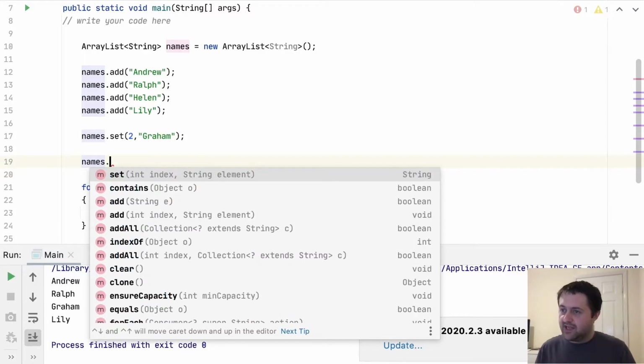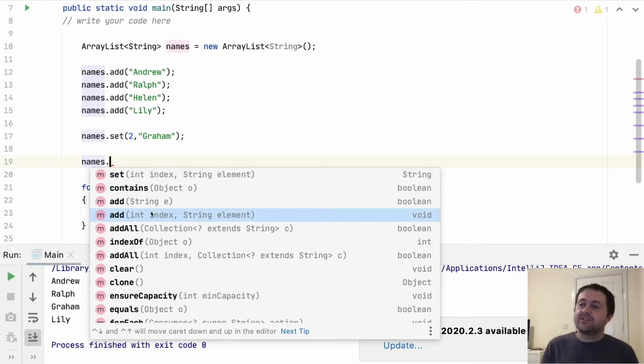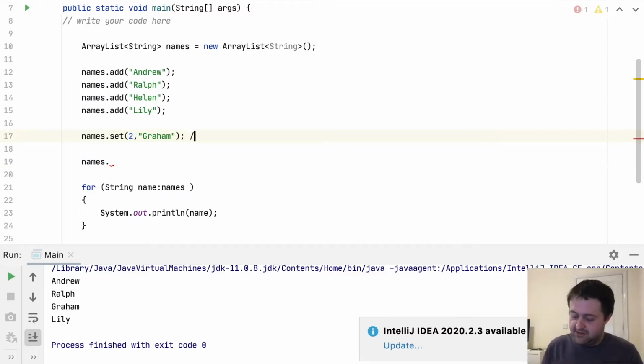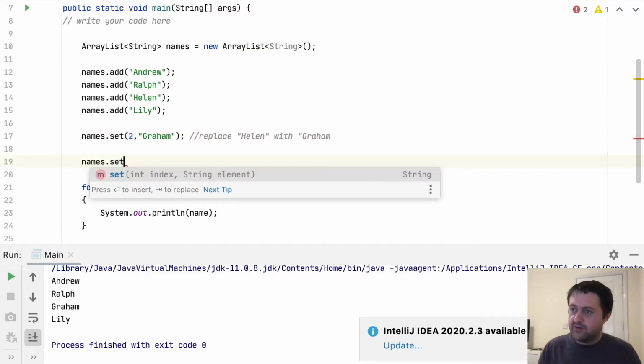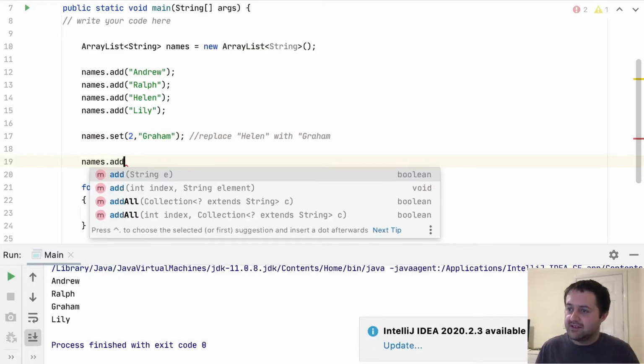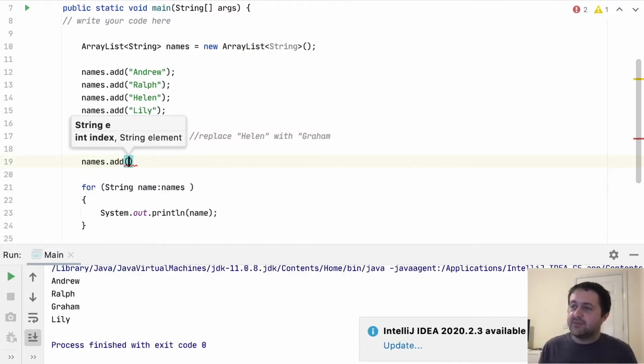We have a contains. We can use add, right. So this is the difference. We can use add again, and we can specify an index and an element. So with set, we replace. So this will replace Helen